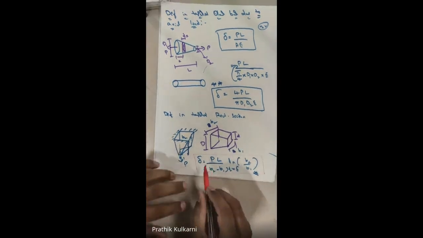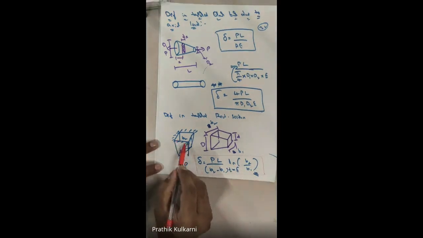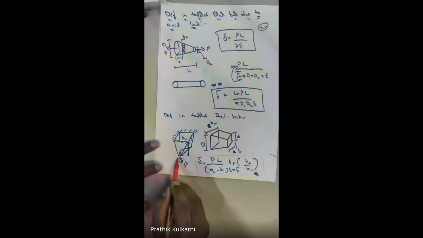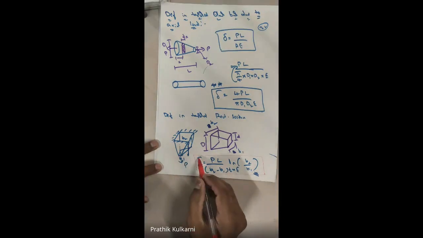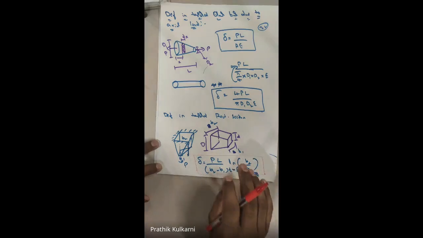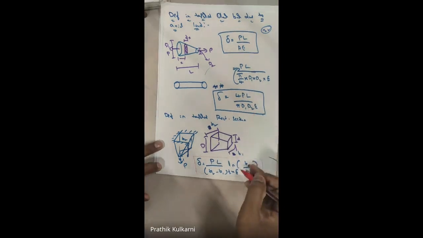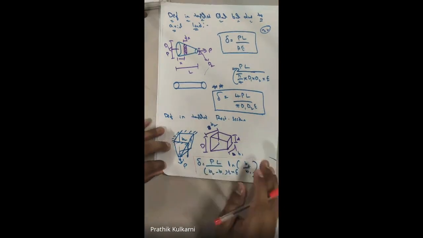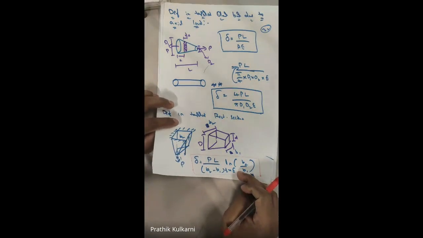So you have to just remember delta is equal to PL by B2 minus B1. So this is my B2, this is my B1. So B2 minus B1 into T into E, where T is nothing but the thickness, into Young's modulus into ln of B2 by B1. This formula has a derivation, but I think in GATE he will not ask you the derivation. You have to just remember the formulas and start solving. So these are a few of the equations which we dealt with in our previous class.